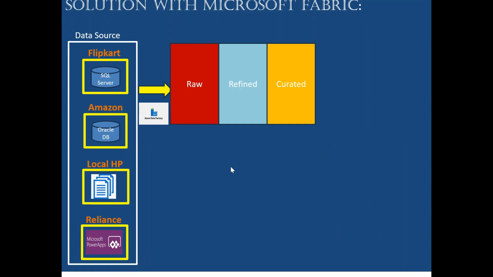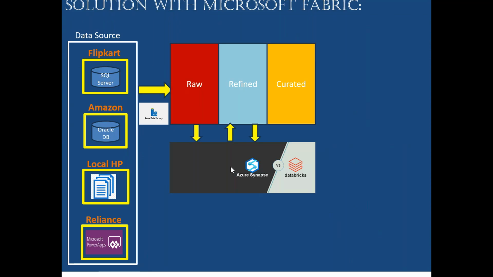Now, once data is available in this raw folder, we can read the data into Synapse or Databricks or Fabric. Leave Fabric aside, because we are trying to achieve something here. Earlier we were using Synapse or Databricks notebooks to read the raw data. We will clean it and load it into the refined layer. Refined is basically another folder. We will copy into the refined folder.